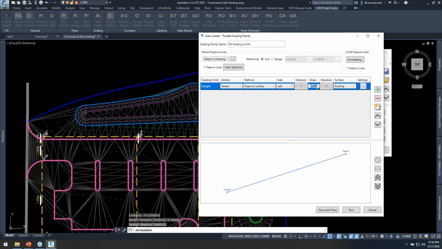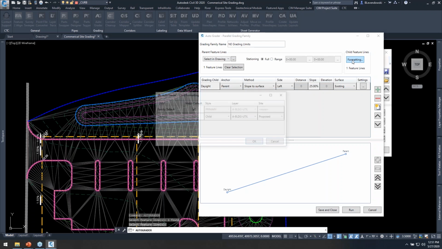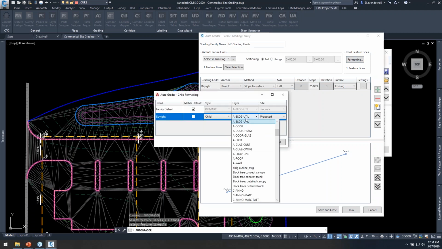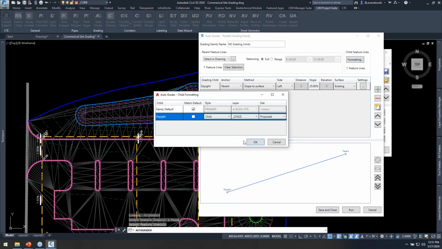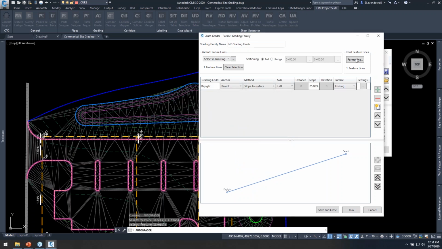I'm going to go at a 25% slope for 4:1. By the way, you can type in 4:1 and it'll run that math on you. So however you're used to typing it in, it'll take it and run the conversion. Check out our formatting, make sure it's what I want it to be. I should have been going to those options to default this for the whole drawing, but